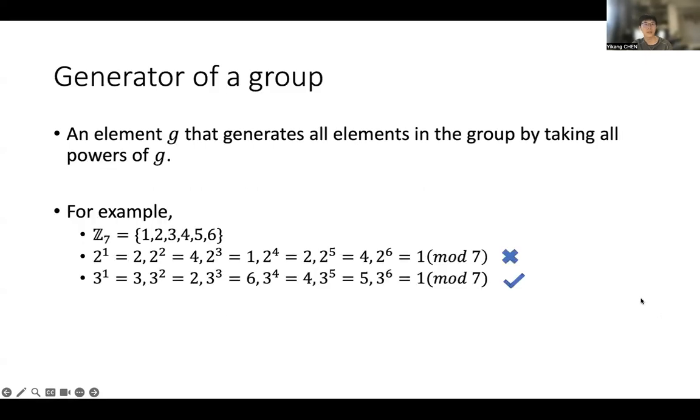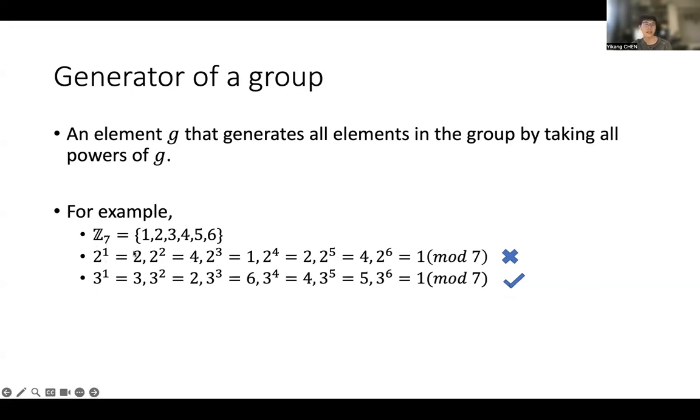So that's the group. Given the introduction of a group, for every group there exists a generator, which is an element g that generates all elements in the group by taking all powers of g. Let's still take an example. We have a multiplicative group modulo the prime number 7.